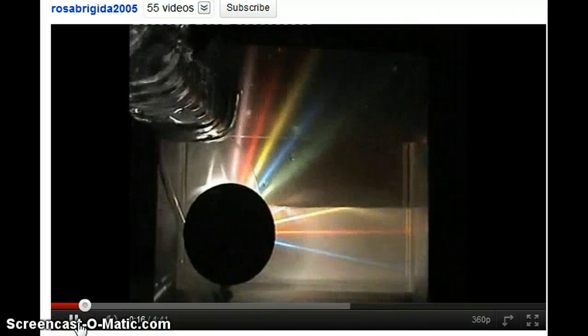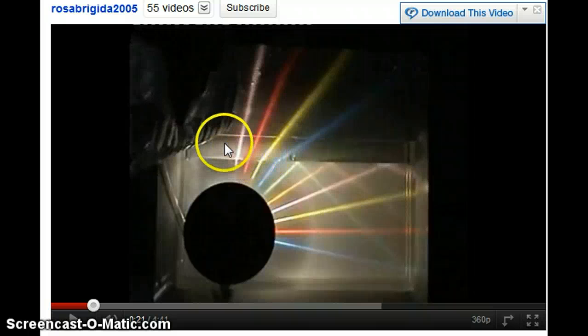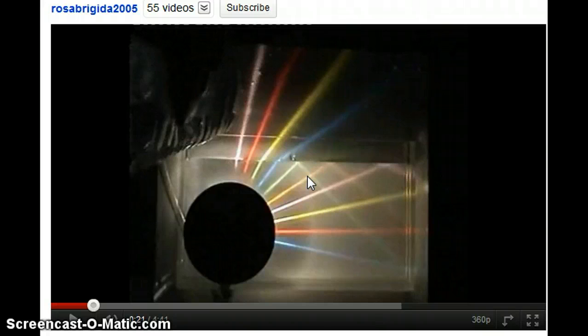So this guy is filling up this tank, and if you see here how the blue light is bending more than the yellow light, more than the red light, and more than the white light. This is due to a concept called refraction. Refraction is basically the change of direction of light due to speed increase or speed decrease when going from one medium to another. Water being the first medium, and